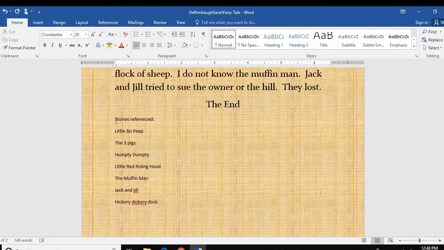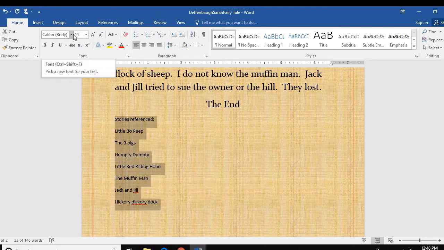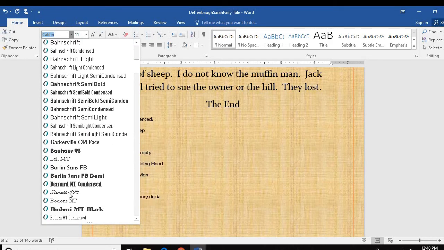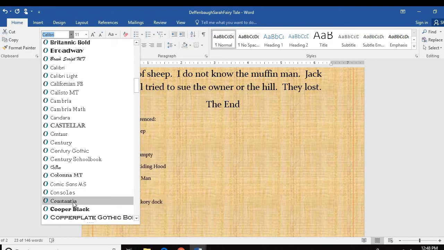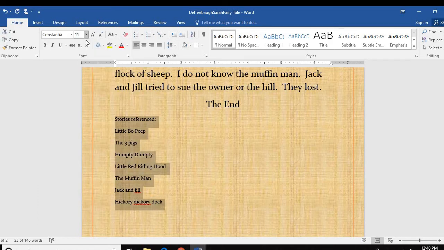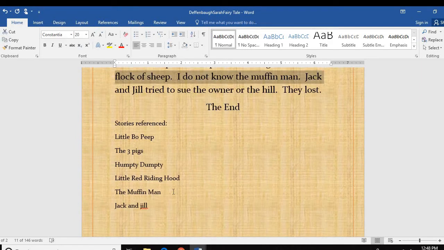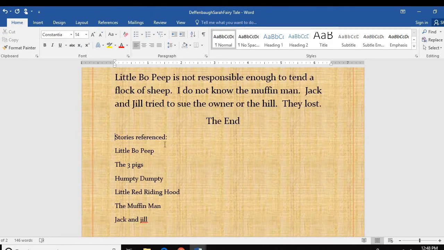Now, it wants you to select the text stories referenced, which is this, and the list beneath it, and you're going to make the font 14 and Constantia. So I'm going to go back to that Constantia font that I've been using, which happens to be here, or you can scroll down and find CON here. Size needs to be 14. You'll notice that I don't have it all fitting on one page, but